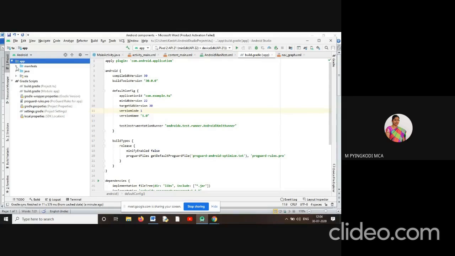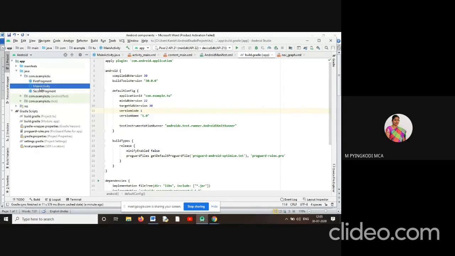In the manifest file, we can give the application configuration settings. In Java, we can do the coding part, that is the functionalities.